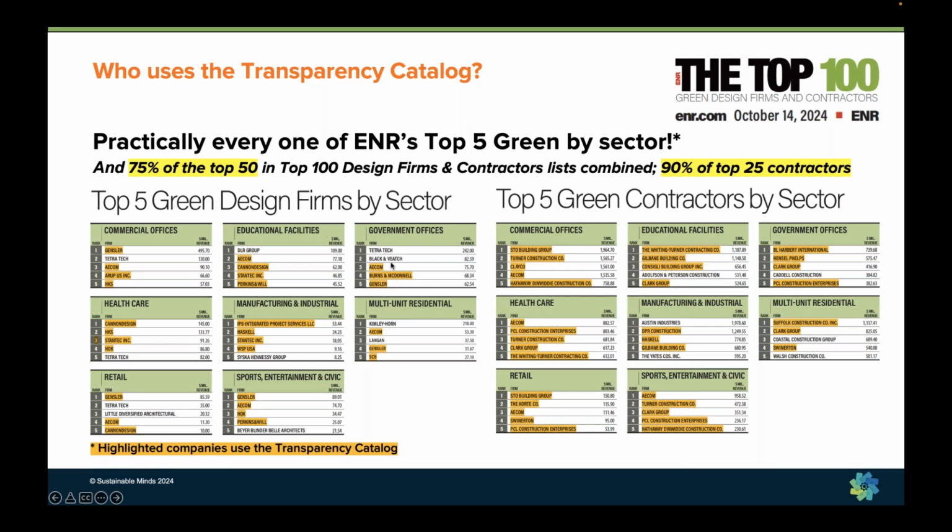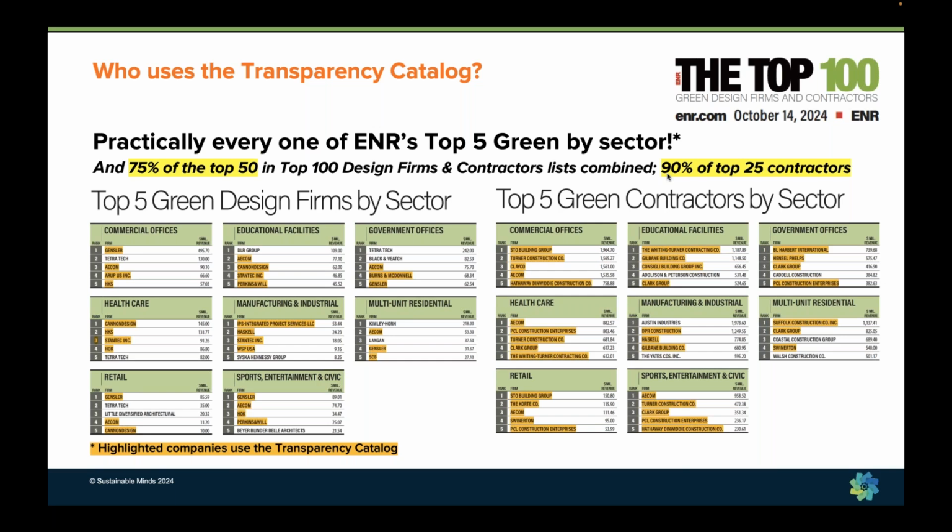Every one of these firms that's highlighted in orange use the transparency catalog, as well as 75% of the top 50 in the top 100 design firms and the top 100 contractors list. And this is a new stat this year that 90% of the top 25 contractors on this list use the transparency catalog. So what that says to us is we've done not only a good job of getting the word out that the catalog is available,